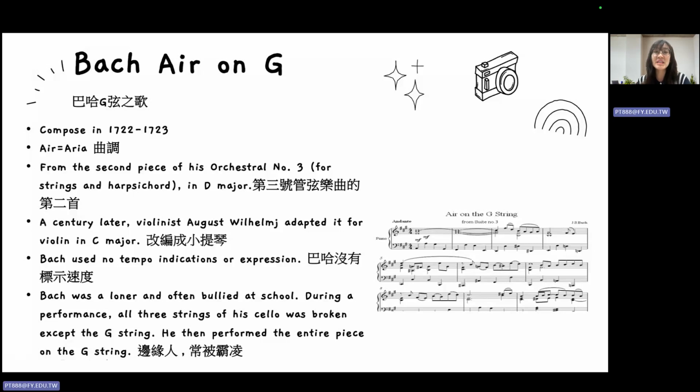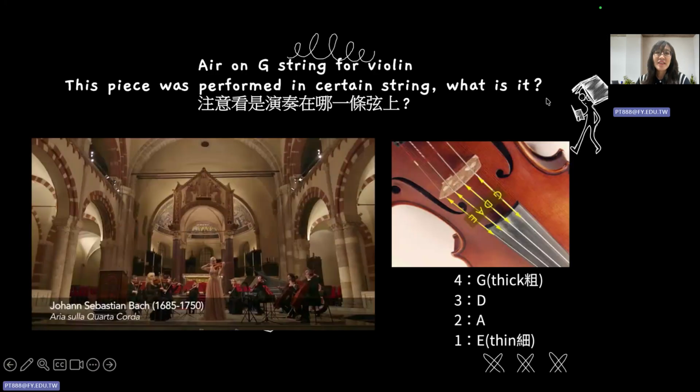So he only had the G string left. So he performed the entire piece only on the G string. 好，那最后他就在这个 G 弦上面完成了所有的乐曲的演奏，这样。